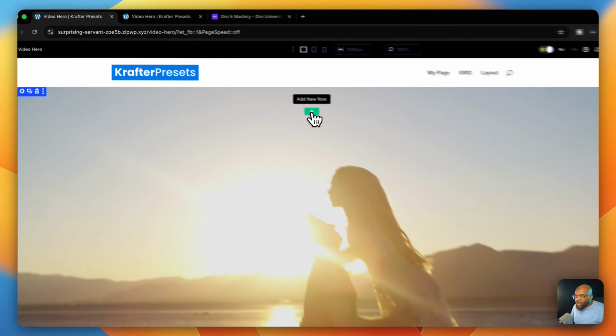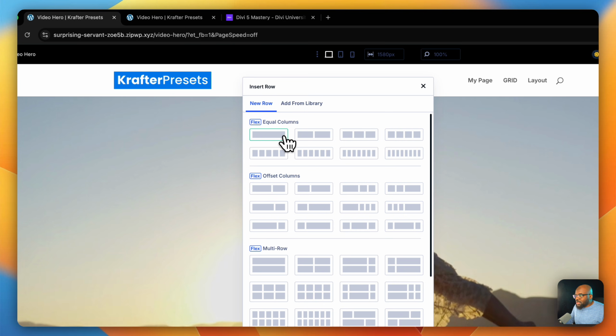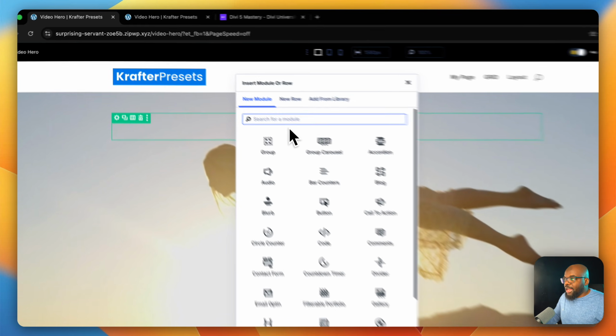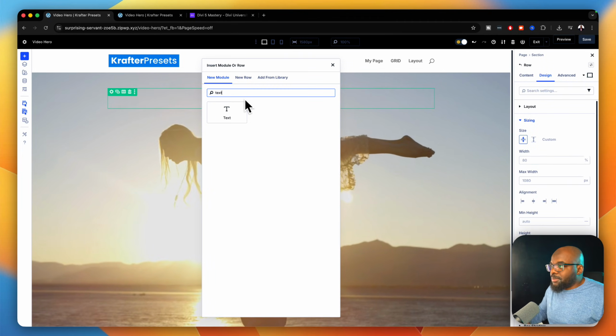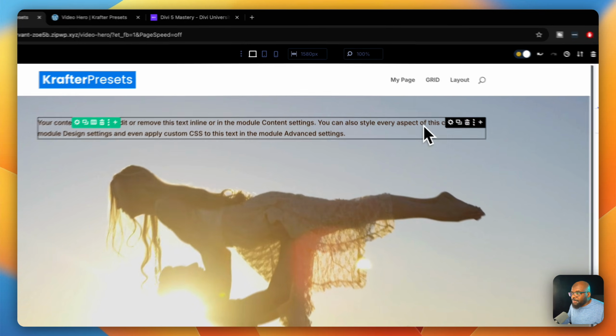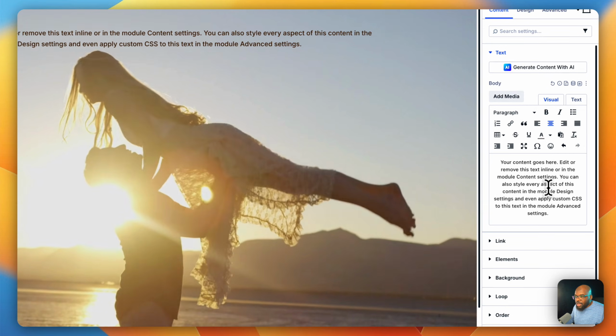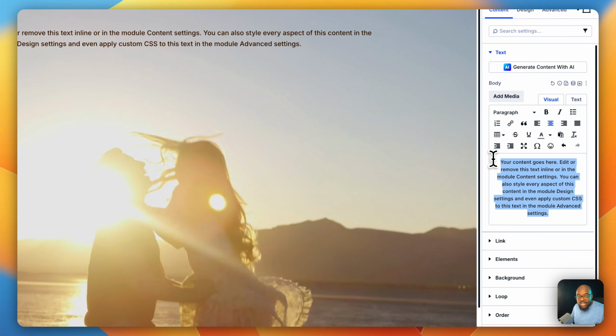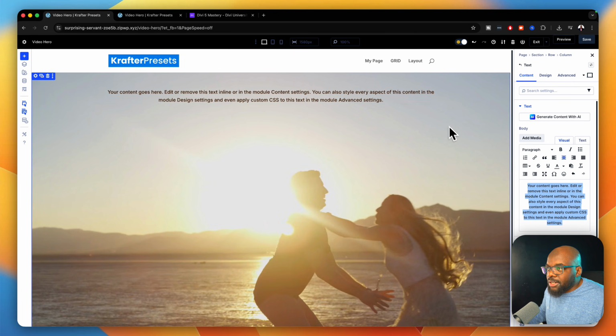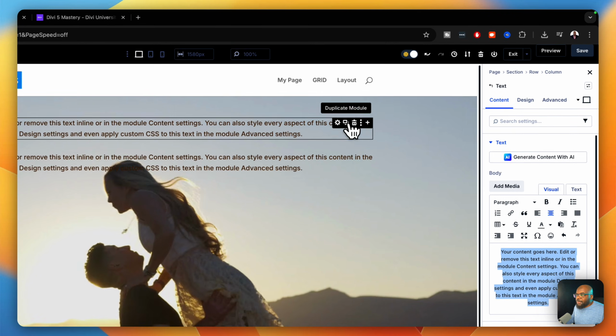So I'm going to start off by clicking here on the rows, and I'm going to say equal columns. Okay, now we need to add our text modules. I'm going to start off with this one. I'm going to center everything. Okay, and I'm going to give this a title. In fact, before we give it a title, let me just duplicate this because I'm going to need 2 of